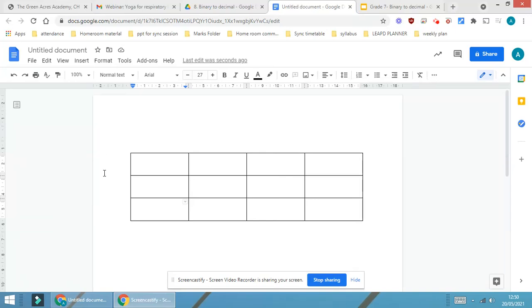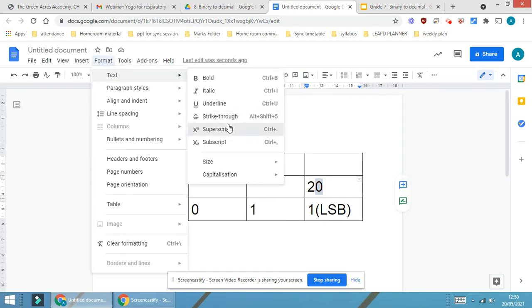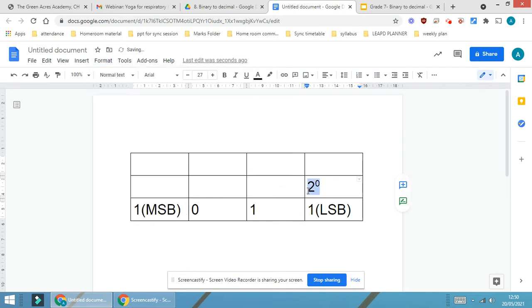Now, the binary number that we have to convert is this. It is 1, 0, 1, 1. This is our LSB, that is least significant bit, and this is our MSB, that is most significant bit. So this will be multiplied with 2 raised to 0. I'm just converting this into raised to 0 format and superscript. So this will be 2 raised to 0, then it will be 2 raised to 1,